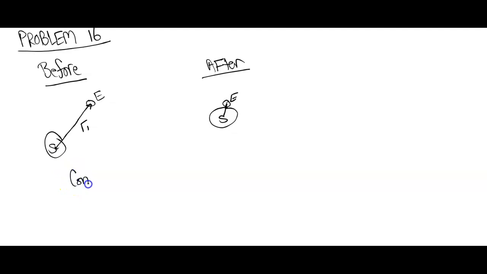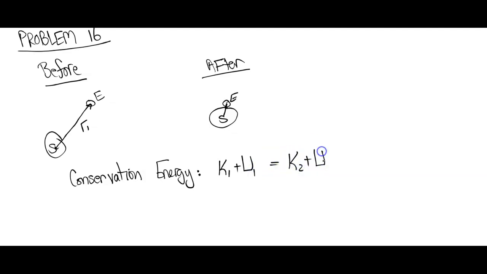So if we use our conservation of energy equation, which says that the mechanical energy of a system is conserved, that means that the kinetic energy plus the potential energy before has to equal the kinetic energy plus the potential energy after. And because the sun is so much larger than the earth, we will assume, very reasonably, that the sun is not going to move. It's just the earth that's going to move due to the